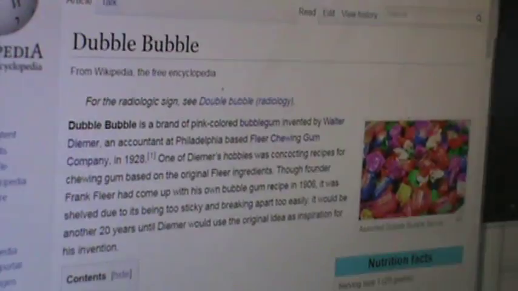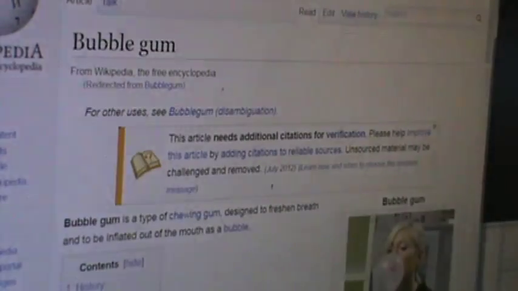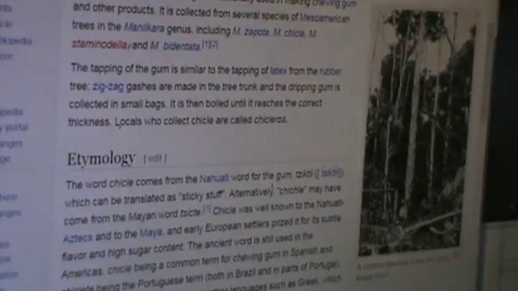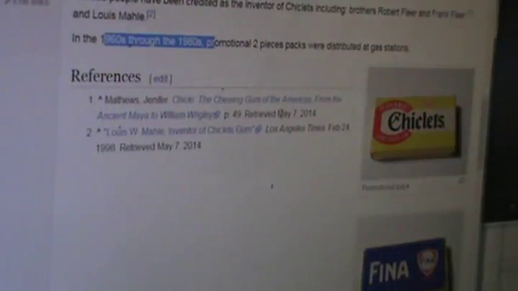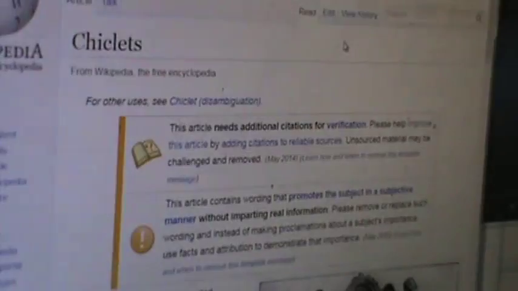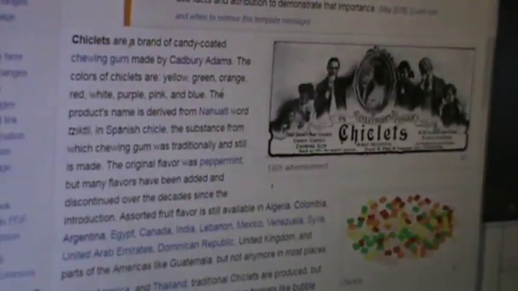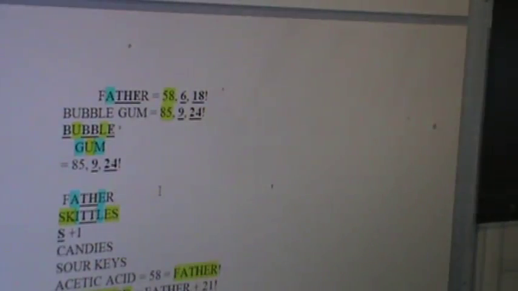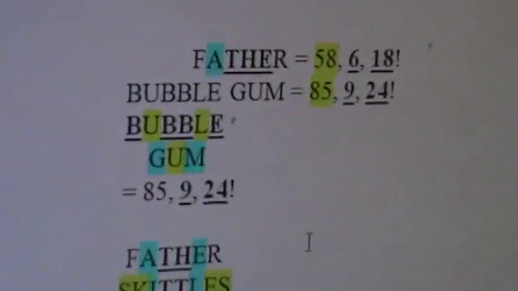Okay, that's enough there. Everything in moderation. Well, there you go. I'm proud to have solved bubblegum with a little history behind it. There you go.